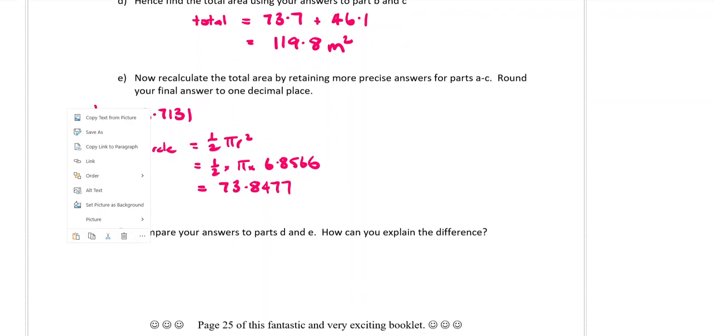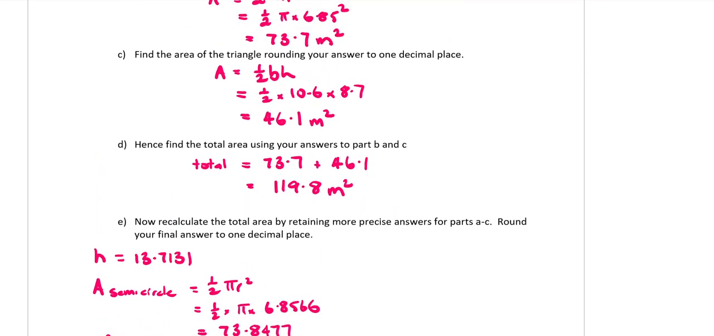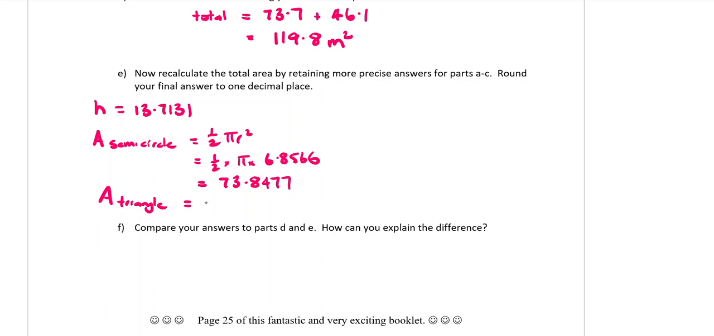The area of the triangle was half base times height. The calculation was up here. If I type that in again, we have half times 10.6 times 8.7. It was actually 46.11. So there was an extra decimal place there that I could keep, which means the total area of that is